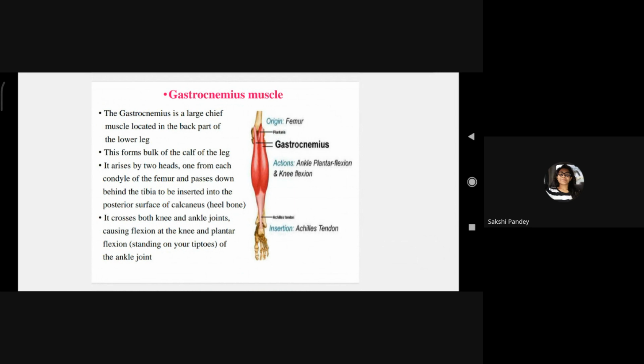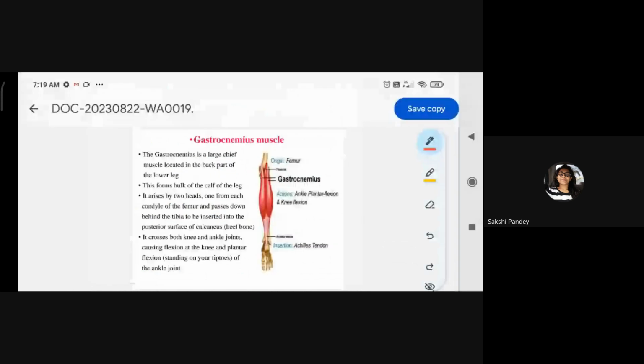Okay. So these heads are originating from these two condyles of femur and inserting into posterior surface of calcaneus or heel bone. Name of heel bone is calcaneus. So it is inserting into heel bone. And here in this picture, you can see that